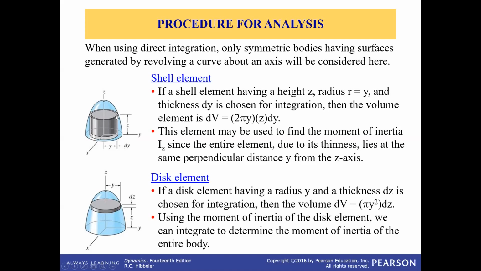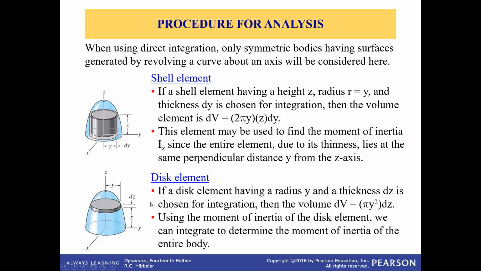So then you'll be looking at the volume of this shell. Then you can take dV as that. You can take the mass density, rho, times dV, which will give you dm. And then you'll be doing r squared dm again, integration of that, from, say, 0 all the way out. So that's the shell element you can take.